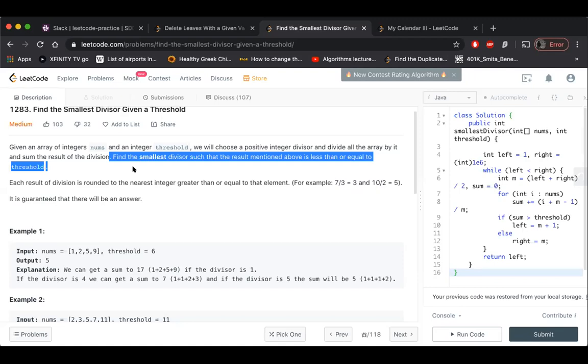Any approaches? The brute force approach is the one you mentioned, right? Just divide by 1, divide by 2, divide by 3, and see if it gets closer to the threshold. Yeah, if we divide by 1, we're going to get a really high number, right? If we divide by 2, we get a smaller one, and when we get closer to the threshold, then